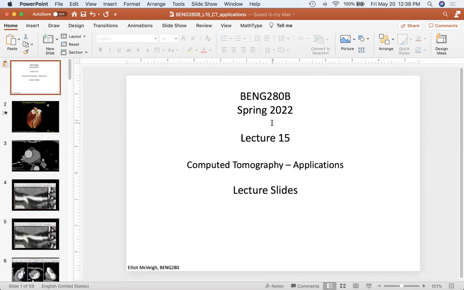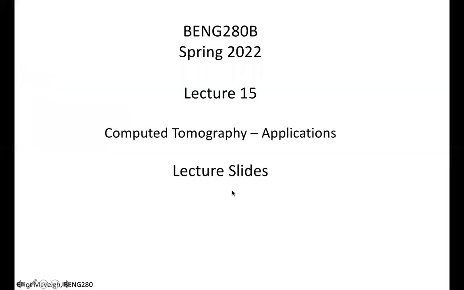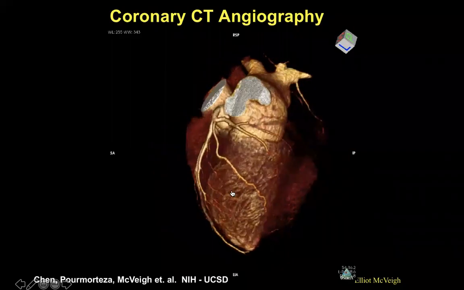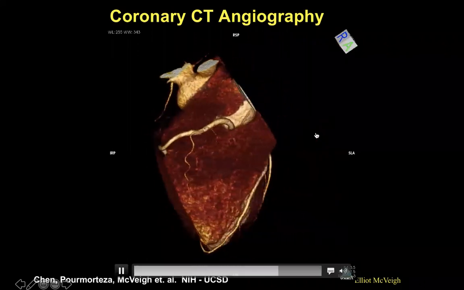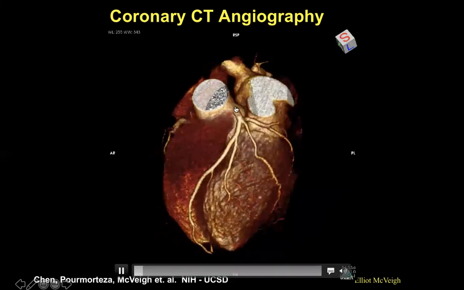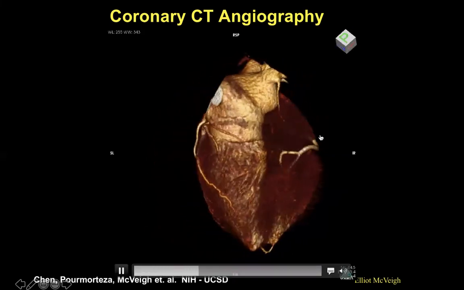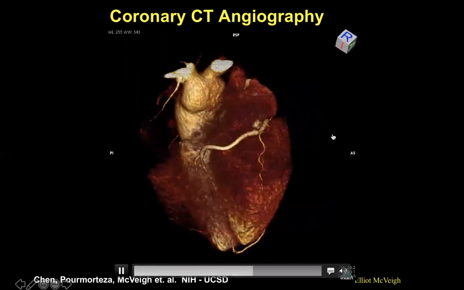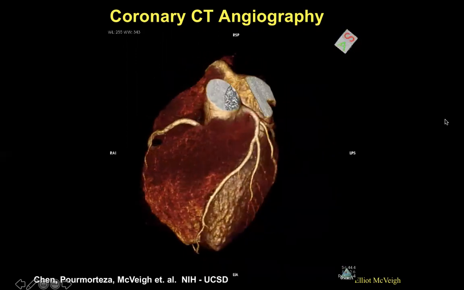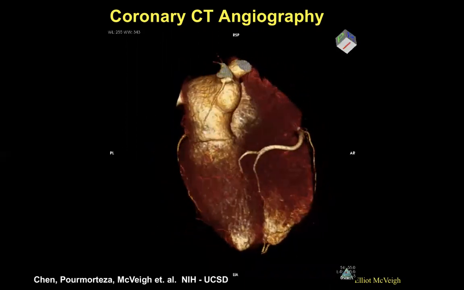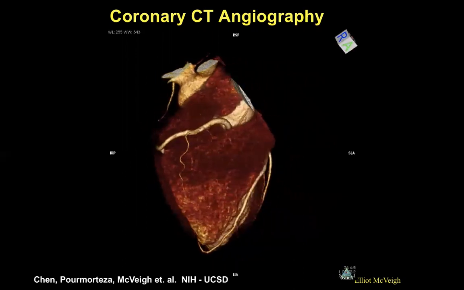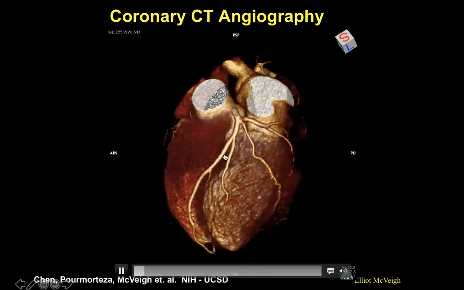All right, we're going to look at some applications with computed tomography today. And first application, the one that is closest to my heart and research, is CT of the heart itself. You can see the remarkable resolution we get with CT scanning in a 3D object. These are often 256 slices thick and 512 by 512 in the XY plane. You can see tremendous details even in the